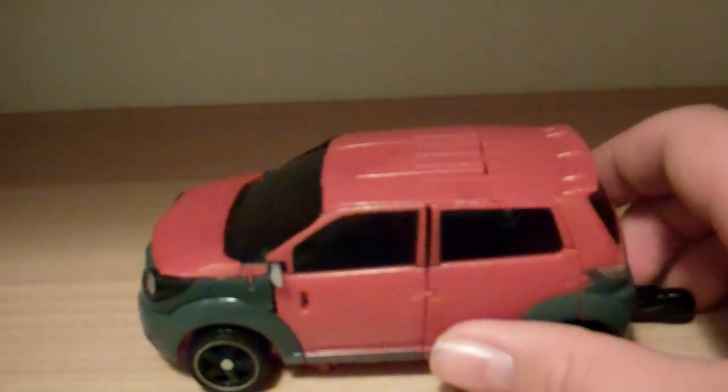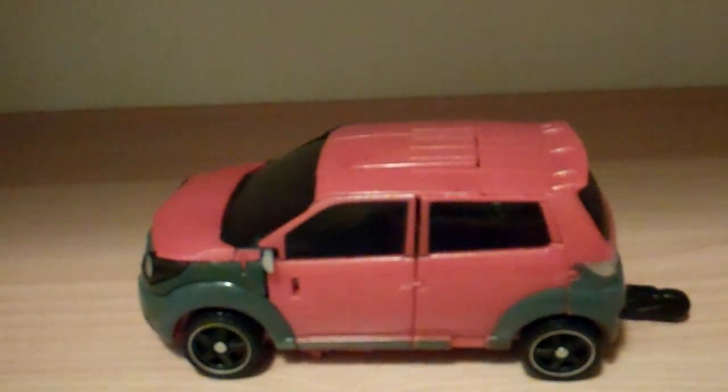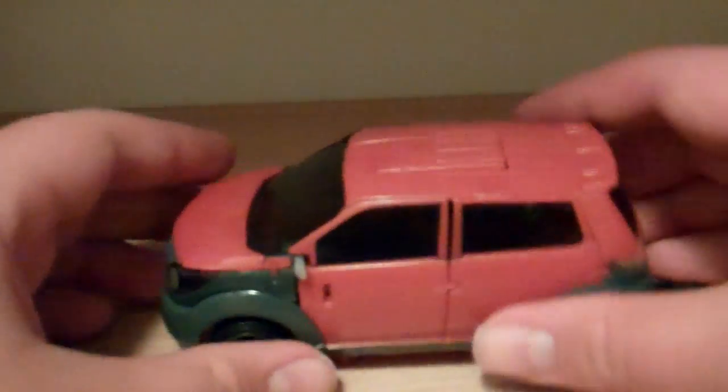Whoa. Okay, my Tron stuff is falling down on my smaller Tron guys in the background. Sorry about that. Oh, they're falling off the whole thing. Okay. Well, anyway,